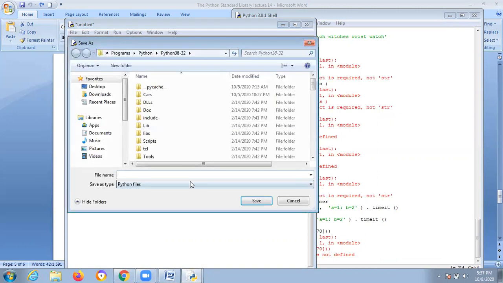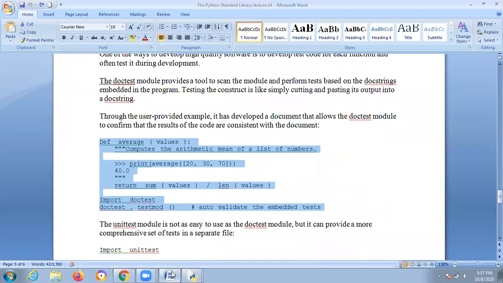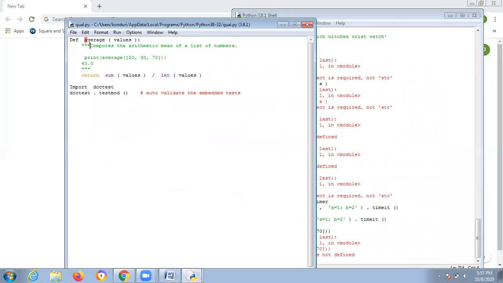So quality, define average values, def average.